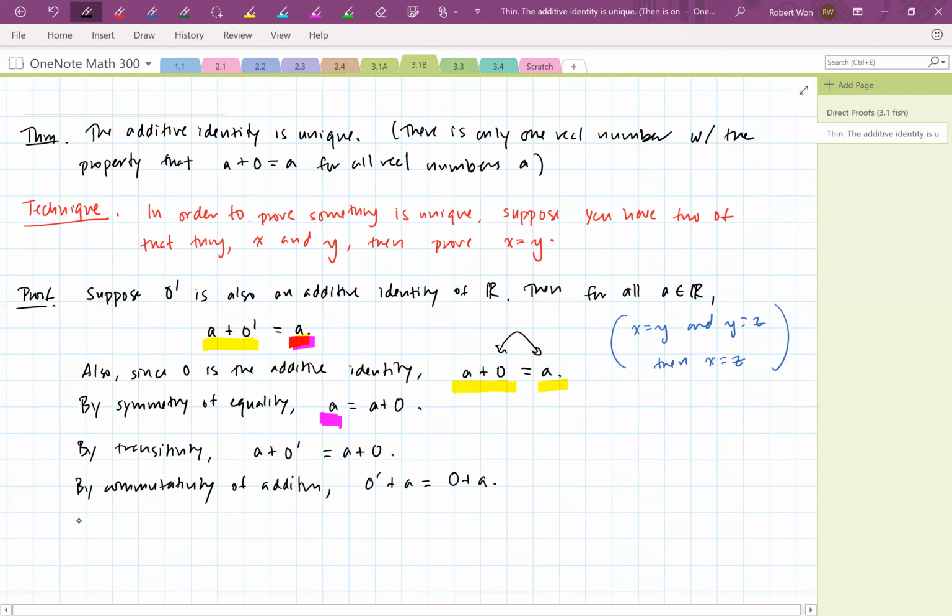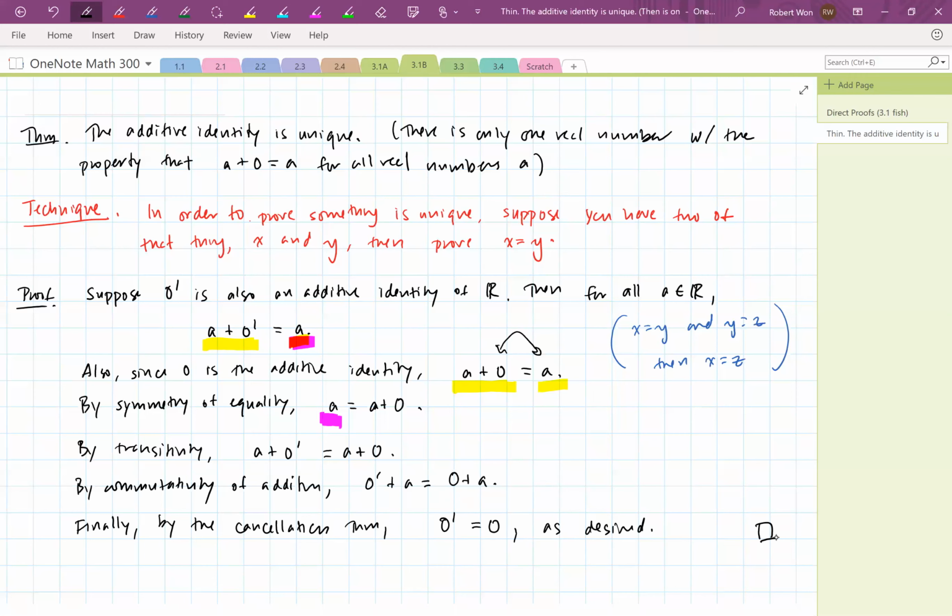And so finally, by the cancellation theorem, we have that 0 prime equals 0 because we can cancel the a's from both sides. And maybe I'll say as desired because that's what we want to show. Okay, so